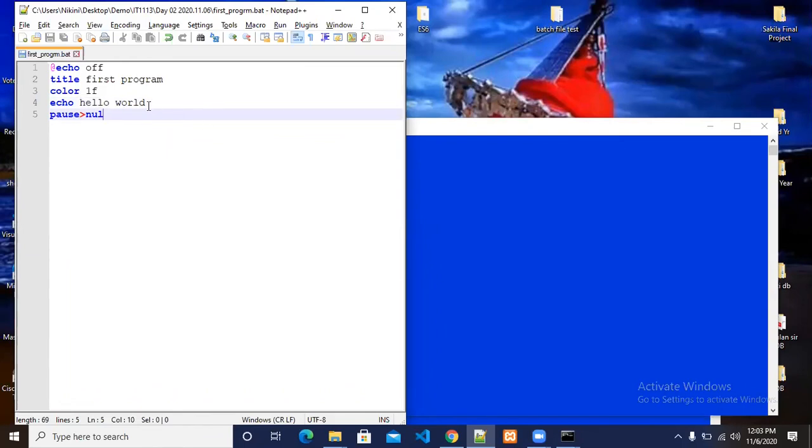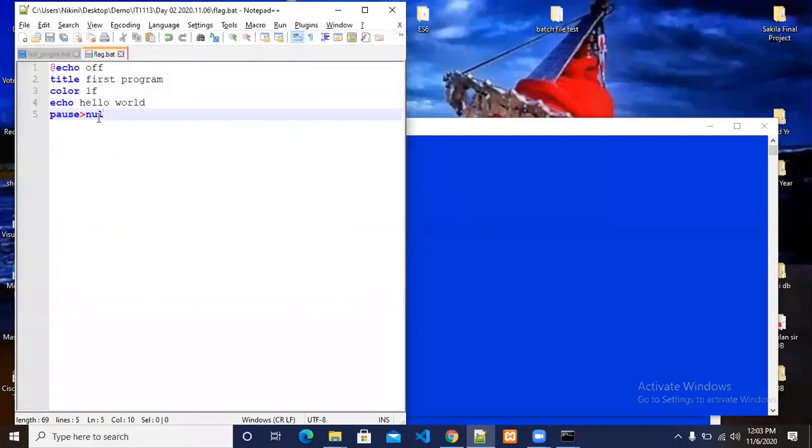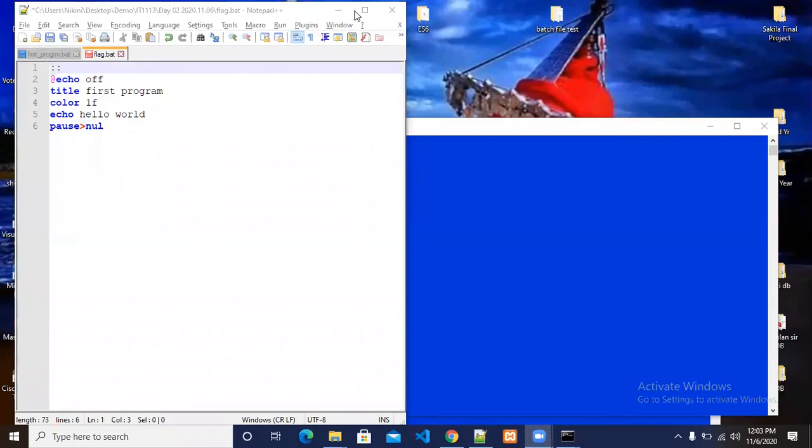So now I'm going to teach you how we can use the flag. Flag means it's just showing the destination place. Okay, let me make another file. To comment in your batch file, you can use a double colon.